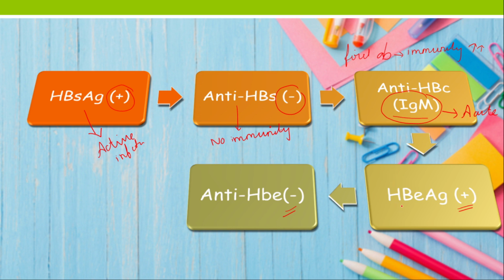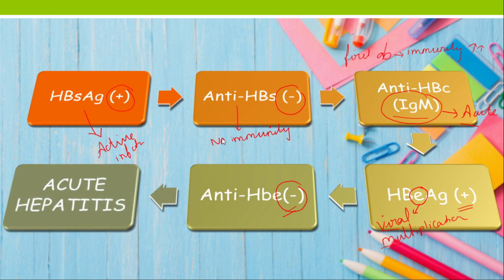Okay. Then let's see, HBeAg is positive. So whenever HBeAg is positive, it is indicating the active viral replication or viral multiplication. That is, infectivity is very high, very high. And there is no antibody, that is negative. So it is very clear that some active infection is there and even the viral replication is very high and it is acute. So we can think about acute hepatitis. So let's see what will come. Yeah, so acute hepatitis is there in the body.